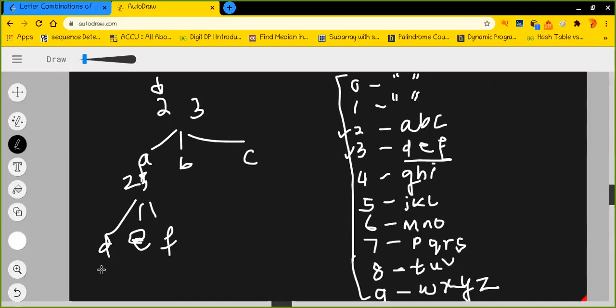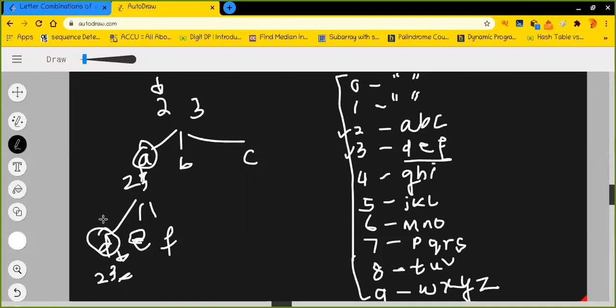What was the number that I was looking for? That was 23, and in the previous state I was at 3. This time I'll move forward, and I am at an invalid index, because this particular index does not exist, as I have exceeded the input string. So I will stop, and I will declare that I have found one of the possible letter combinations, which is AD, right?